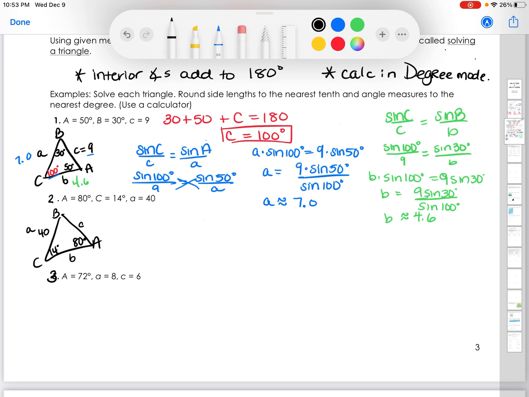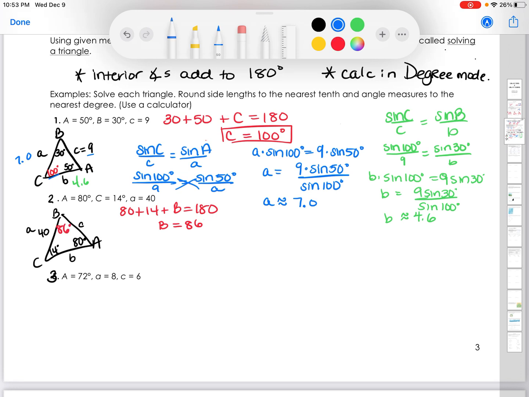And again, we want to just look, what information do I have to start? So let's do our angles. We have 2 angles. We can find the third pretty easily. 80 plus 14 plus B should be 180. So when I solve that, I'm going to get B is equal to 86. All right, so from there, now that I have the 86 degrees,